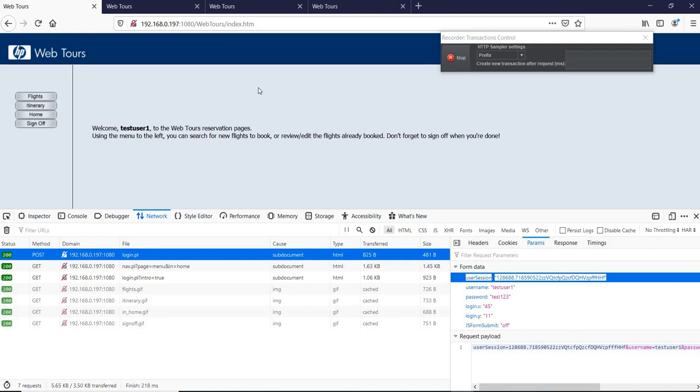So it sent a special token, you can say this as a token, which was the user session and which came up as text in the response body, which was hidden in this case. And now we see that this is the session which is going into the next request.